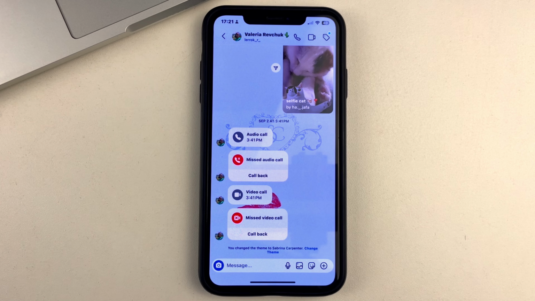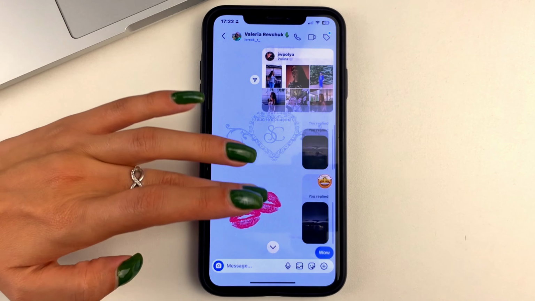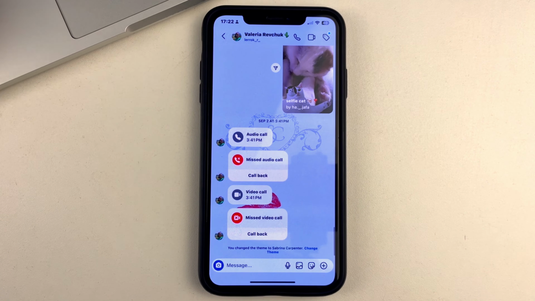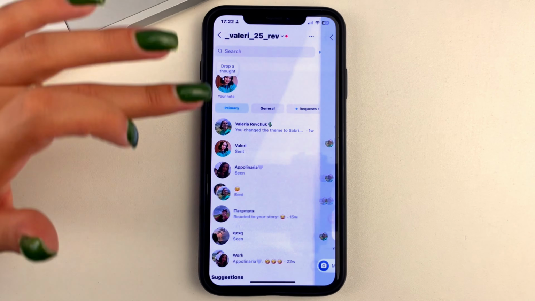Unfortunately friends, this is the only way to check and find out your video and audio call history with a particular user on Instagram. Because unfortunately, for some reason, there is no feature in Instagram that allows you to view the entire call history with a particular person or the entire call history of whoever you've called on Instagram. So the only way to check that call history is to go to a specific person and just, let's say, flip through and look for video and audio calls to see when they happened. So that's the way you can check your Instagram call history.